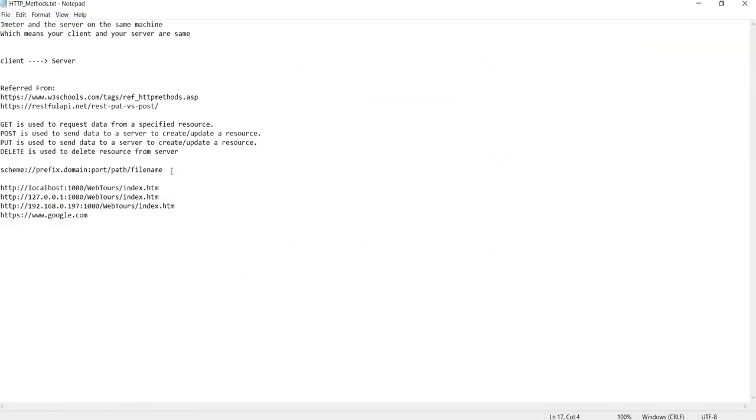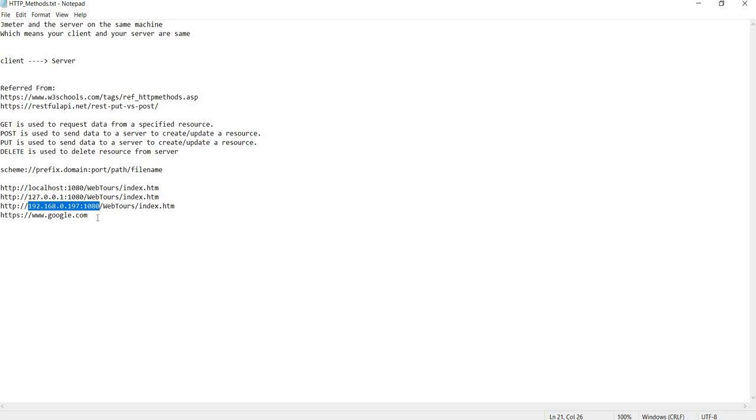The actual format of any URL is this. So the scheme here can be HTTP or HTTPS because we are using a web browser, and a web browser is used to operate on HTTP or HTTPS. Then we have the prefix, domain and port. So the domain can be google.com. This domain actually converts itself into an IP address and port number via the domain name system.